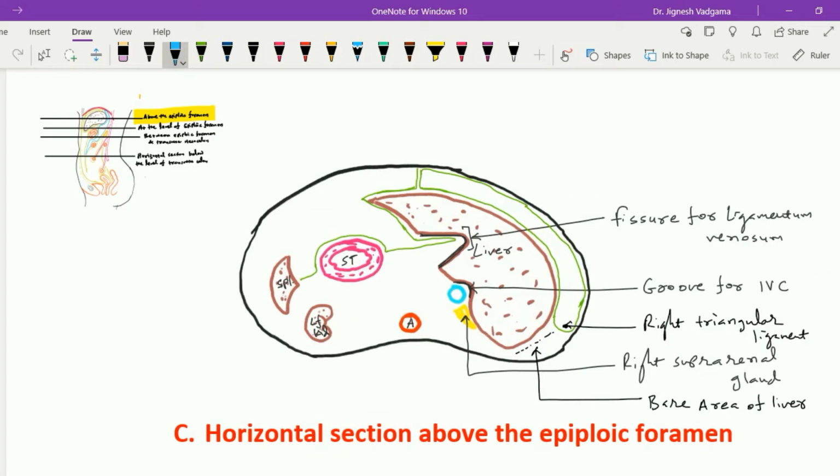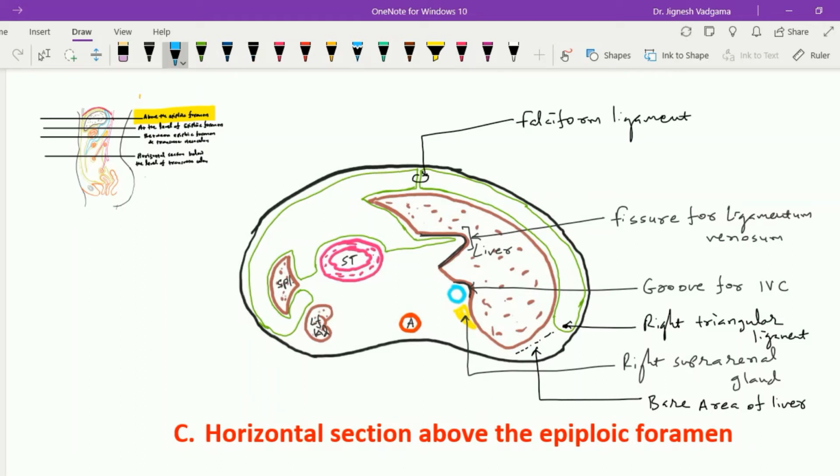Now as this greater sac layer reaches the anterior lip of the spleen, it forms the anterior layer of the gastrosplenic ligament, and from here it covers the entire spleen and reaches the posterior lip of the spleen. From the posterior lip of the spleen this greater sac layer forms the posterior layer of the lienorenal ligament and reaches the upper surface of the kidney. Then it reflects to the posterior abdominal wall, and from here it covers the anterolateral abdominal wall and continues as the left layer of the falciform ligament.